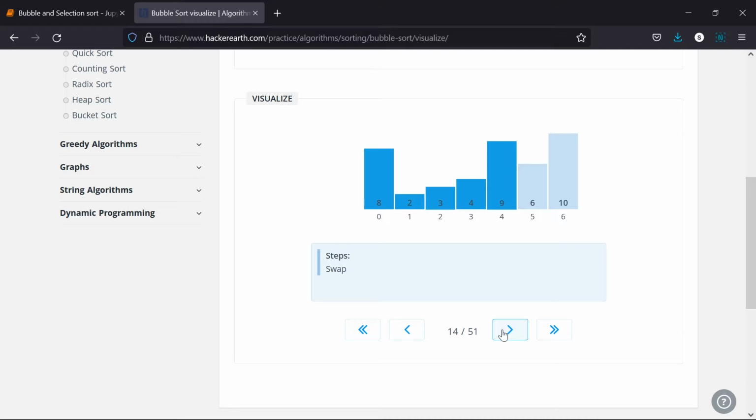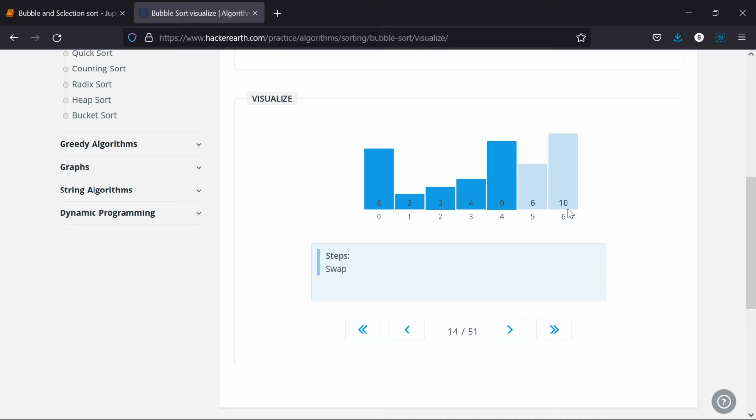If you have 7 elements, 6 iterations have to happen in this fashion. In this first iteration, the main key thing you have to note here is that the biggest of all the numbers in the series is going to take the last position. In the next iteration, it has to repeat again from the first position, and the 10 has to be left as such, because 10 is the biggest number.